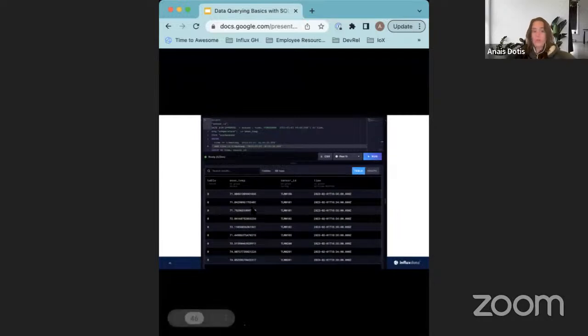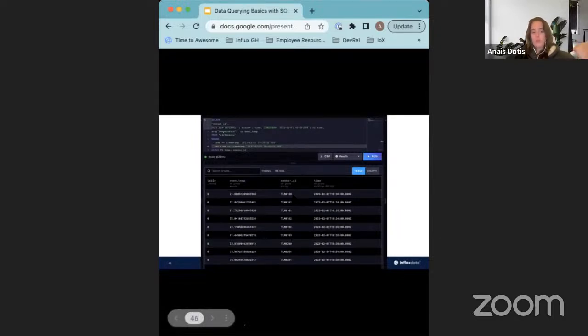So we can do that, and we can see that we have the mean temperature for each sensor ID for each little window that we have. And since I selected a short interval, there aren't that many date bins, but another thing to notice is the result set that we get